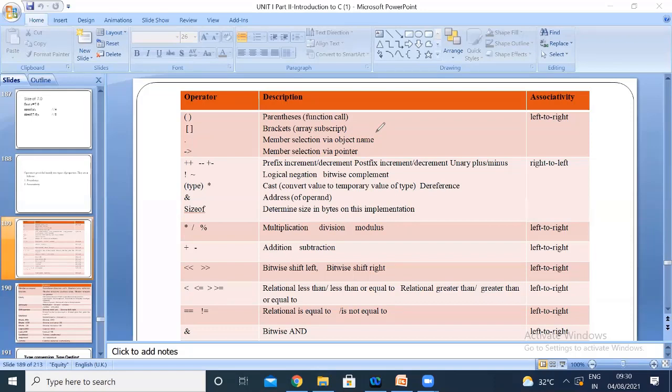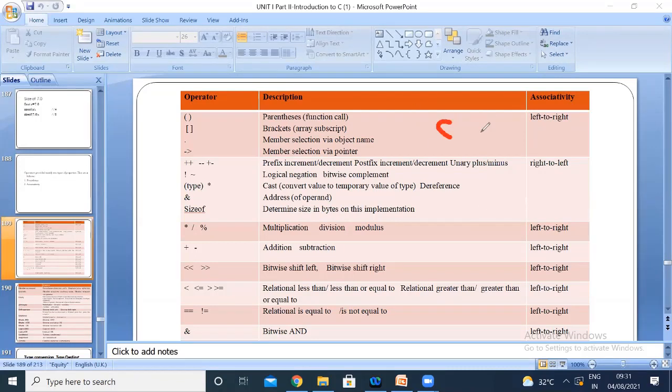The operator which has the highest precedence will be executed first. Parenthesis, nothing but brackets, has the highest precedence, then arrays, then member selection operator, then member access operator, then increment and decrement operators, then multiplication, then addition and subtraction, then bitwise operators, then relational, and finally the comma operator has the least precedence among all the operators. I'll give an expression and we'll try to do it.